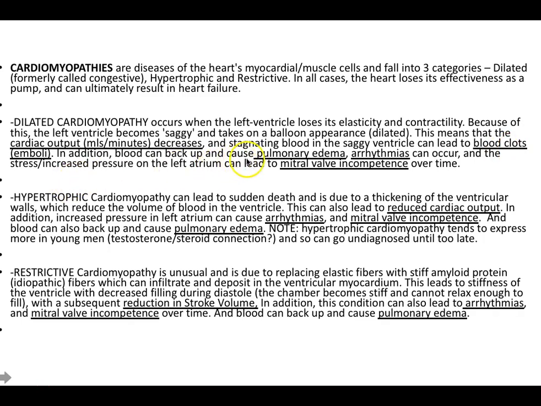The other is pulmonary edema. Because blood always has to flow, there's going to be a backup. It's called congestion, and the backup is going to be to the pulmonary capillaries. The pressure will be such that the pulmonary capillaries that should only be exchanging gases are also going to start to pump fluid into the alveolar sac. And that's going to cause pulmonary edema,